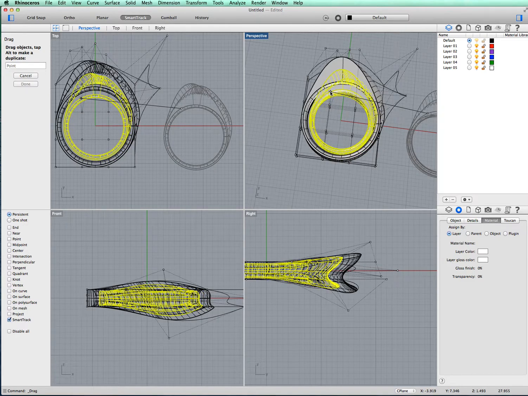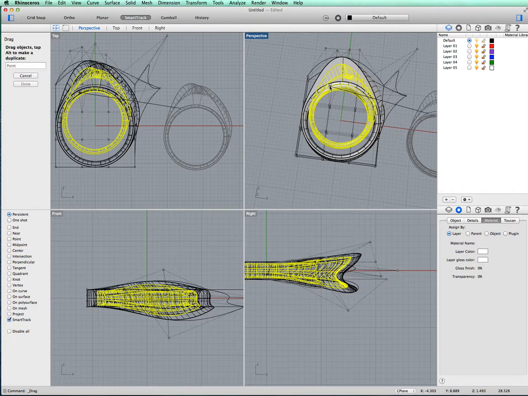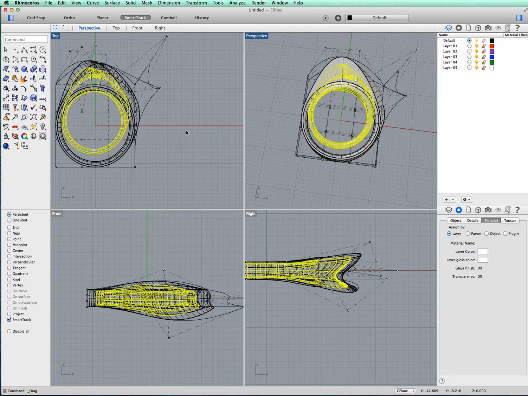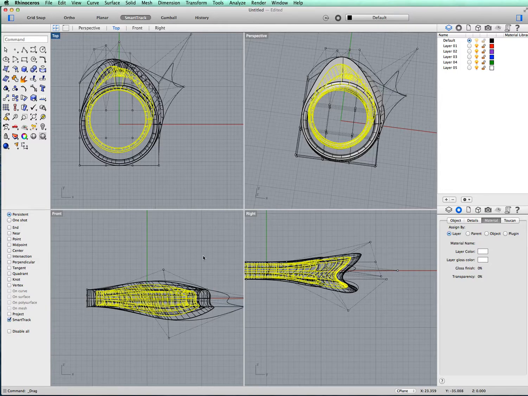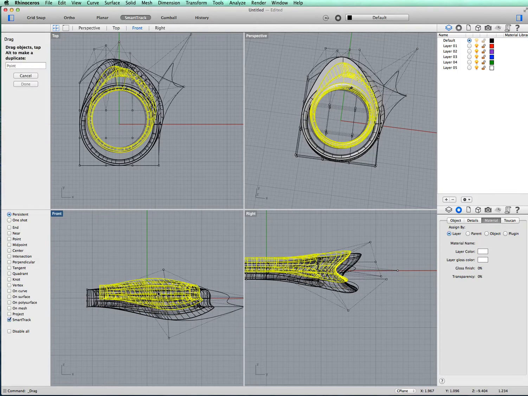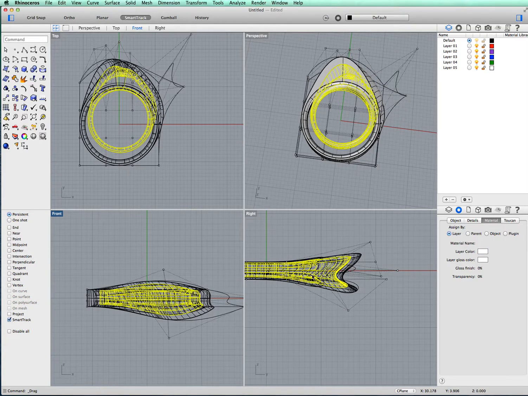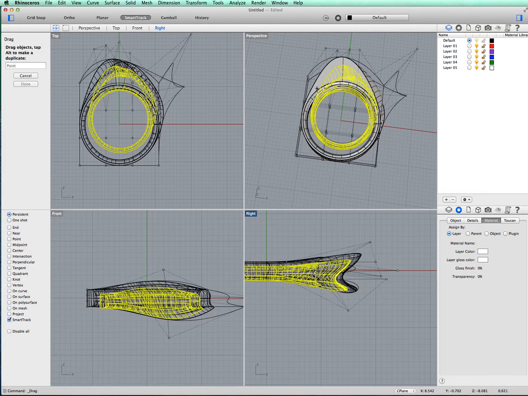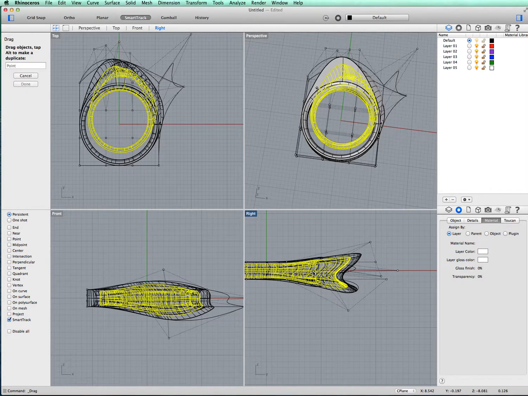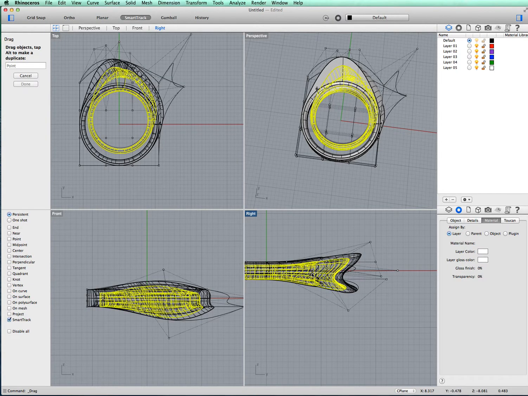Drag it in to the original ring, fiddle about so it's in there, fits in quite neatly. Look at all your views and make sure it's not going to be cutting through the outside. Okay,